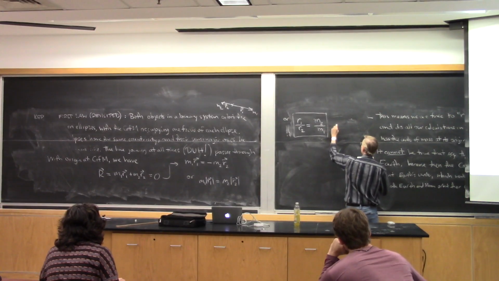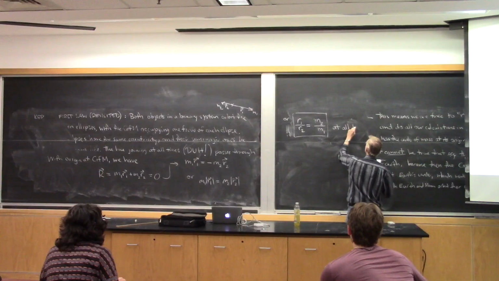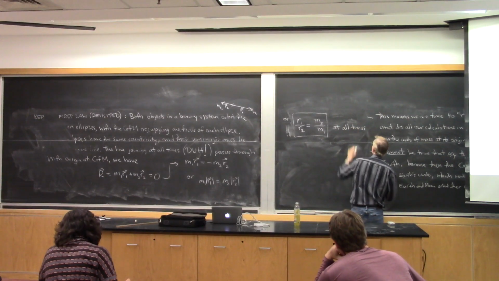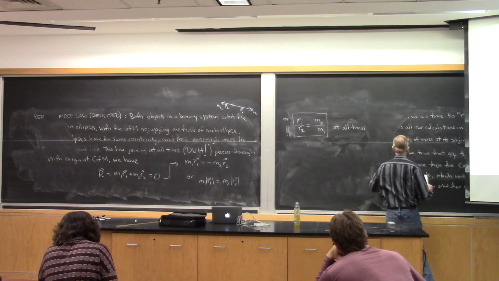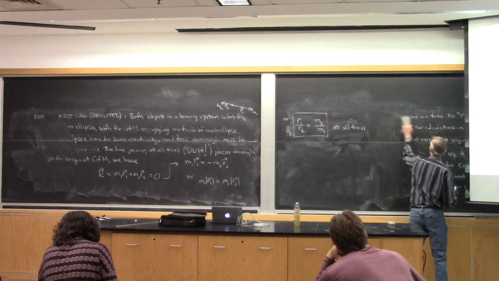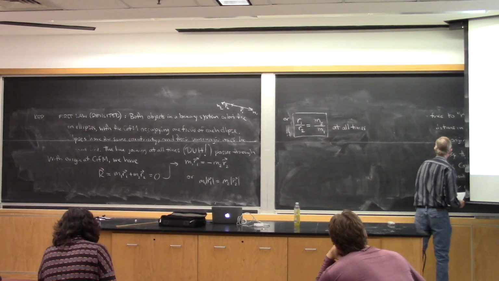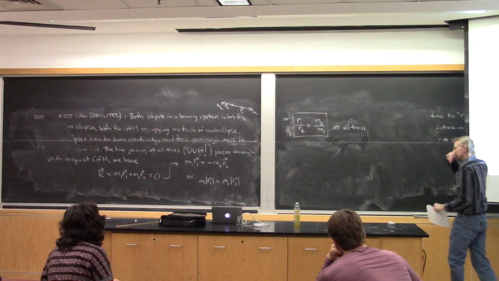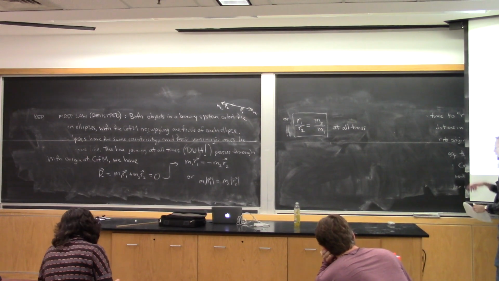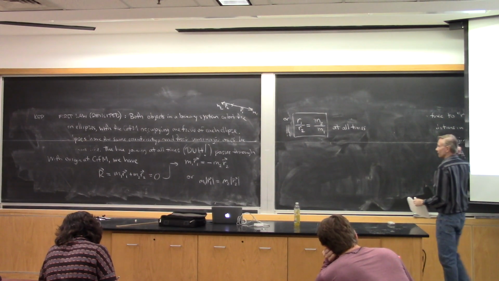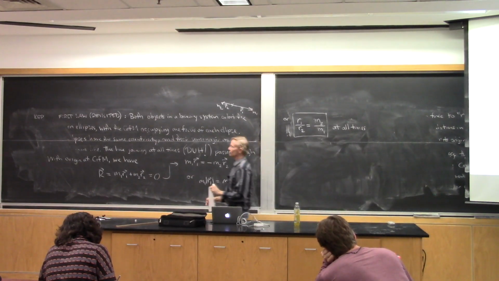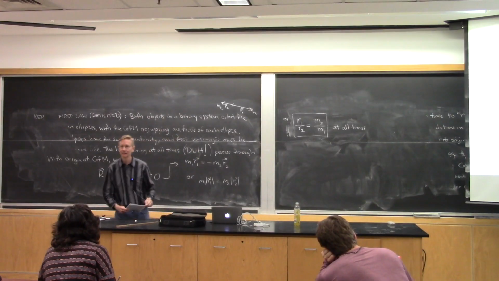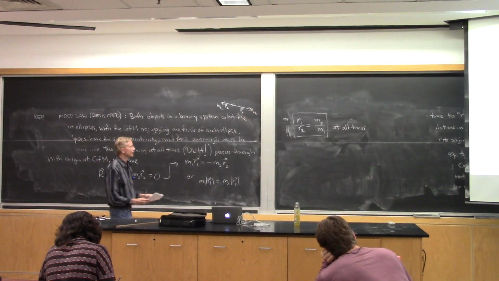at all times. We didn't assume any particular time we were doing this evaluation at. So the ratio of their distances from the center of mass is the reciprocal of the ratio of their masses. Right? So in other words, if star 2 is twice the mass of star 1, star 2 is half as far from the center of mass as star 1, etc.